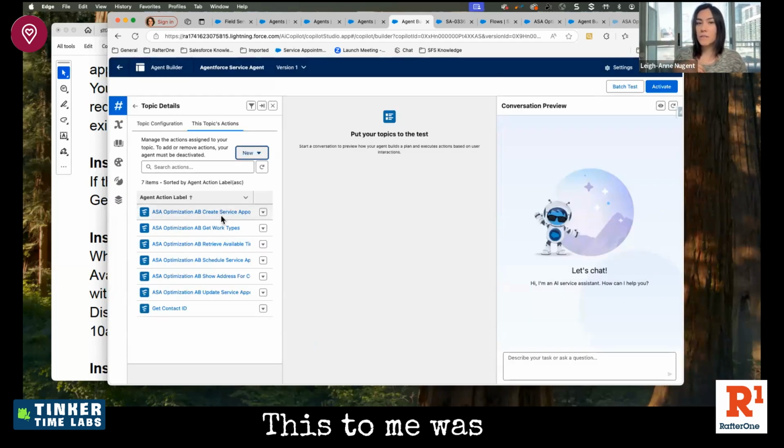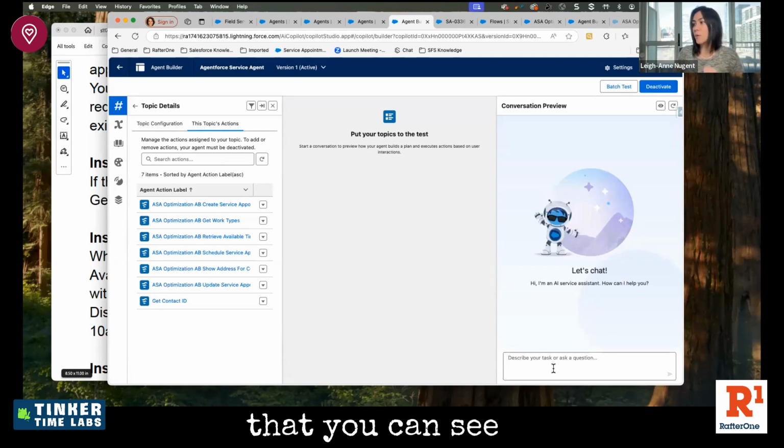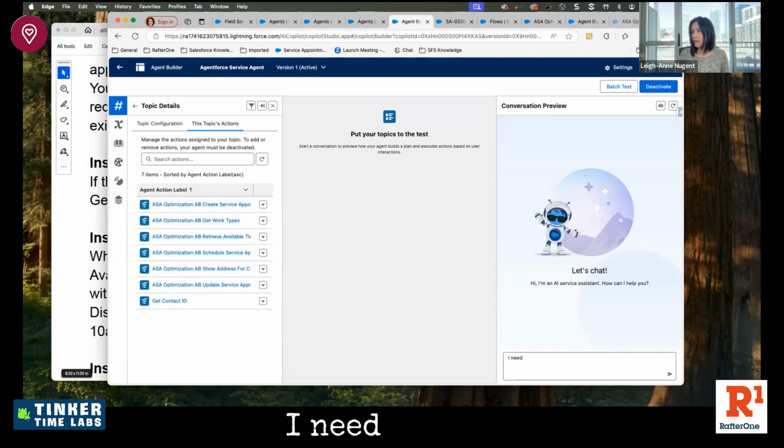So this to me was the awesome part. Okay. And that because creating all of these flows, this is where you break your brain a bit. So this will be all part of GA. Okay. I did a couple of things, but I'm going to just walk through the bot right now so that you can see how it works. So I'm going to just start chatting here. I need help with my